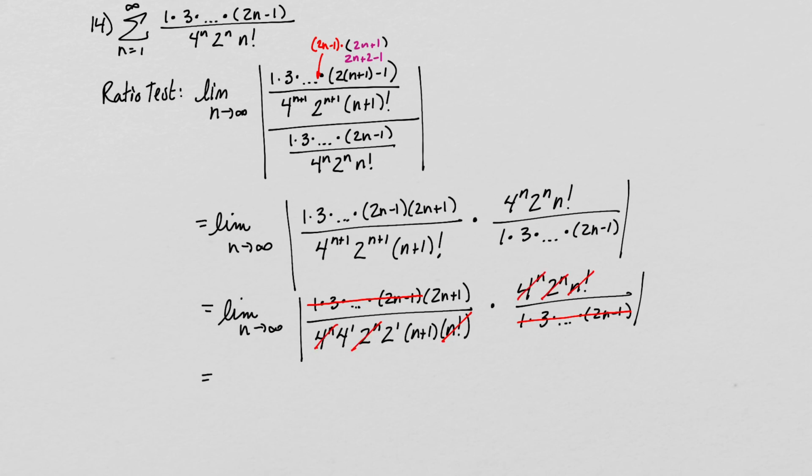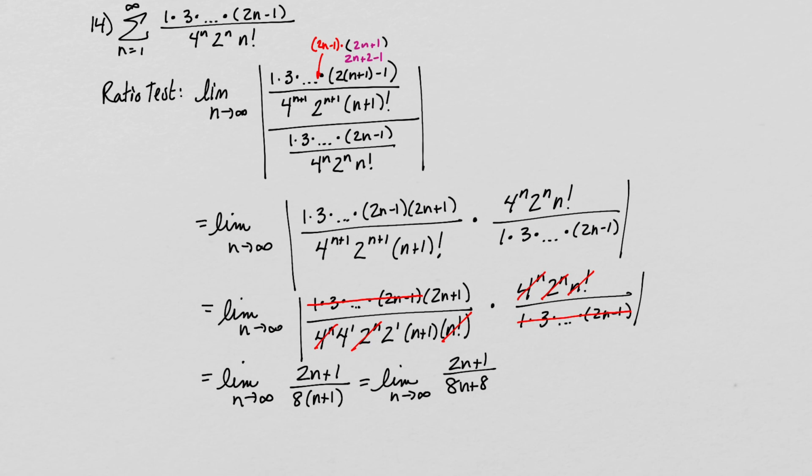So really I'm left with the limit as n approaches infinity of, on the top I have 2n plus 1, and on the bottom I have 4 times 2, which is 8, so 8 times n plus 1. So we have the limit as n approaches infinity of 2n plus 1 over 8n plus 8. And you could just realize that that limit is going to be 2 over 8